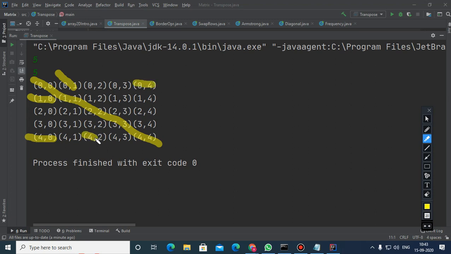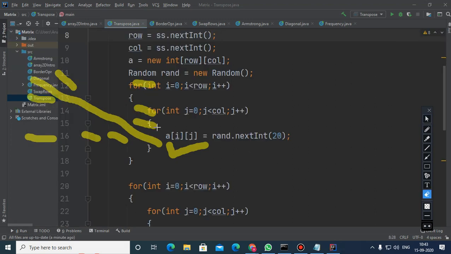This 4 comma 2 will get swapped with the element which is 2 comma 4, and 4 comma 3 will get swapped with the element at 3 comma 4. And if you perform all these operations, the transpose of the square matrix will be done. And remember one thing, that in the transpose of the matrix, the main diagonal remains unaffected. The elements of the main diagonal will not go anywhere.